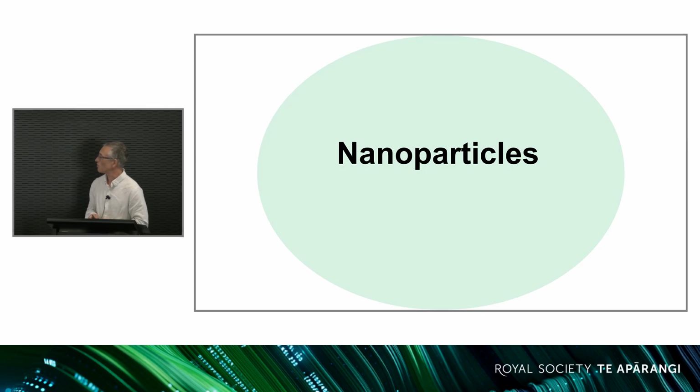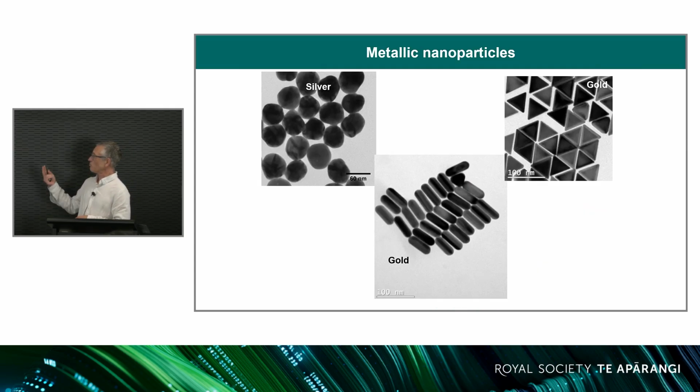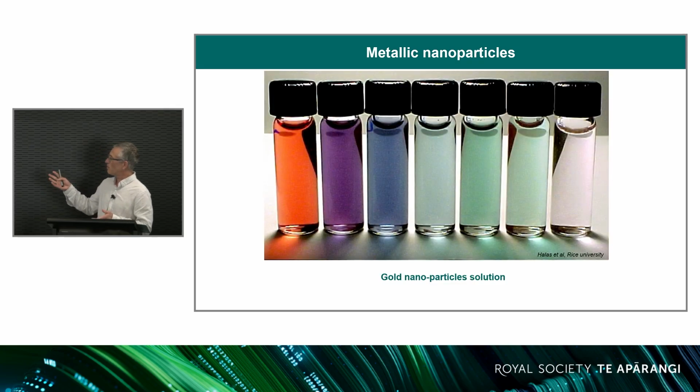We've worked a lot with metallic nanoparticles in particular, and over the last 20, 30 years, there's been a lot of progress on how you make these, how you characterize these with electron microscopy. And the beauty of those metals, like silver and gold, is that they interact strongly with light. And when you have nanoparticles, they interact with visible light. And you can really see that by changing the shape, the size of those particles, you actually change the color and how they interact with this.